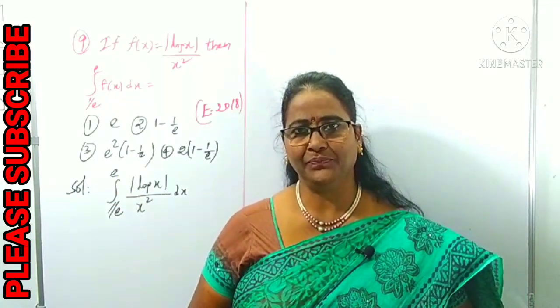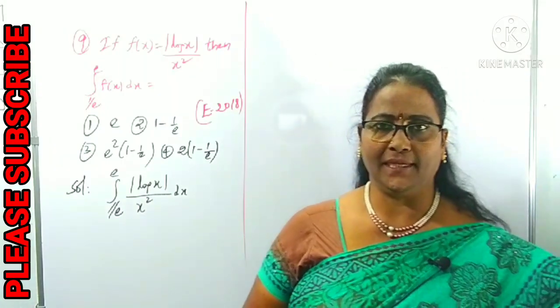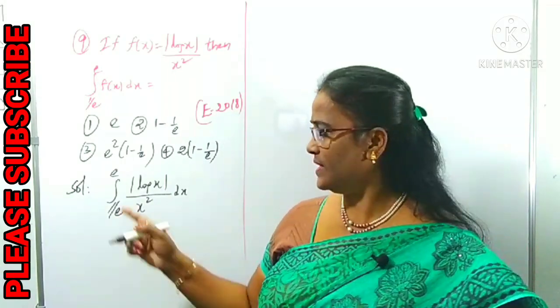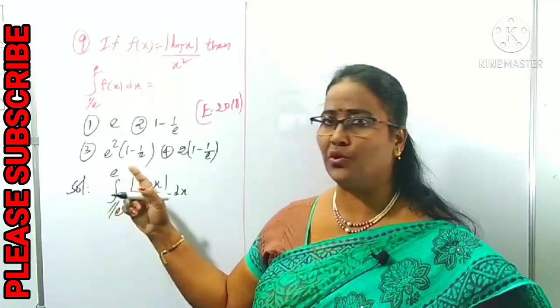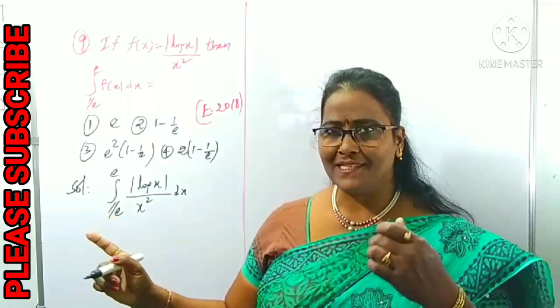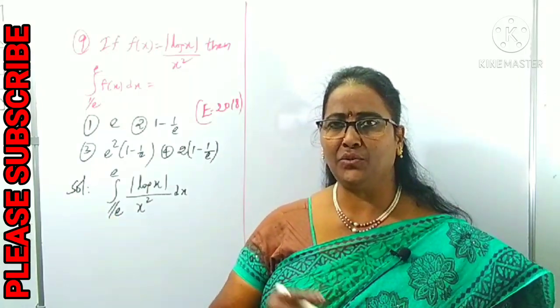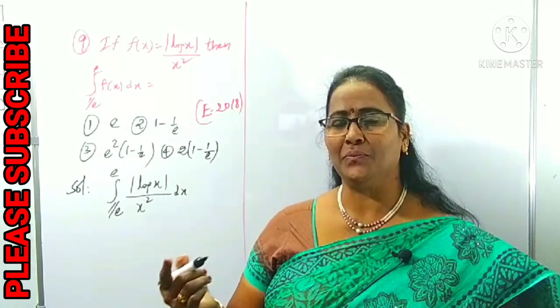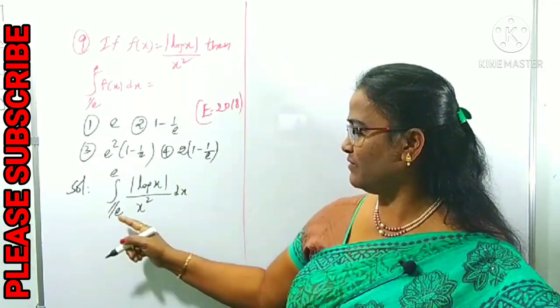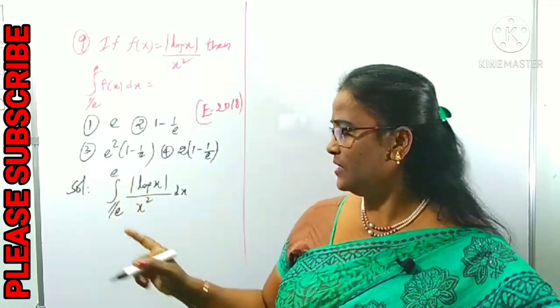You know clearly the limits are 1 by e to e. Is there any 1 between them? Between 1 by e and e, clearly there is a 1, because the value of e belongs to 2 to 3. e is more than 2, and 1 by e is less than 2. Between the less than 2 and more than 2, there is 1. You know 1 is clearly less than 2 and more than 2. Okay. Between 1 by e and e, there is clearly 1.